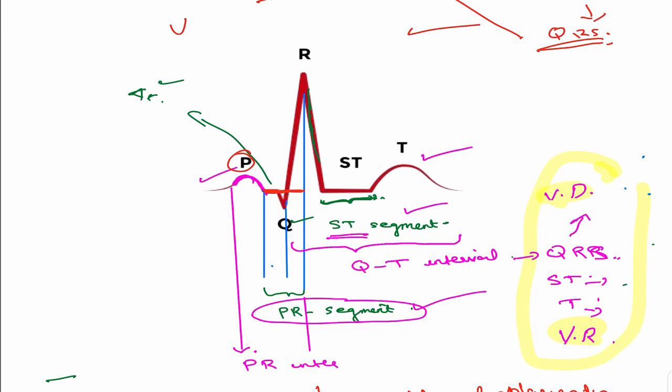Depolarized and repolarized. That is the region where the systole has taken place. This is what a systole is, this is what a contraction is. We studied atrial systole, ventricular systole. So this is what a ventricular systole is. It includes a QRS complex, ST segment and a T wave. From here to here is the QT interval.